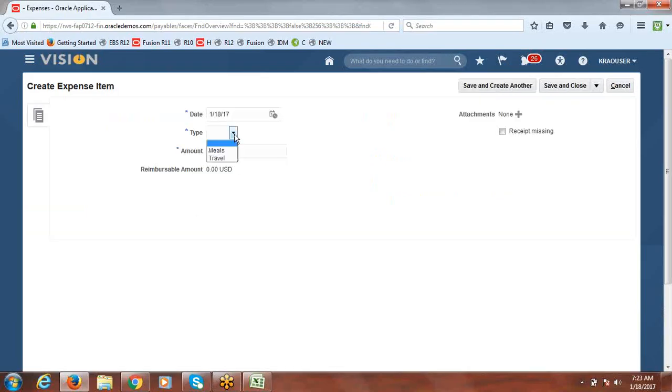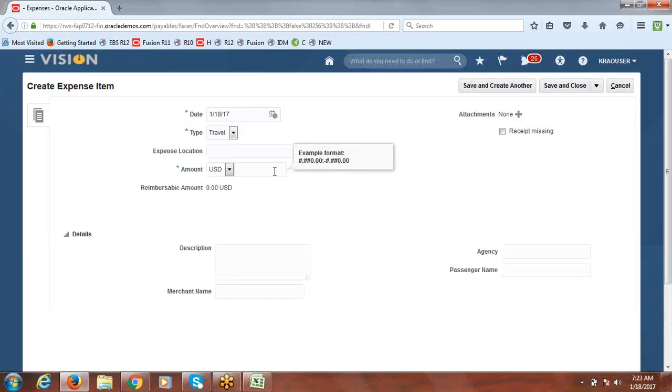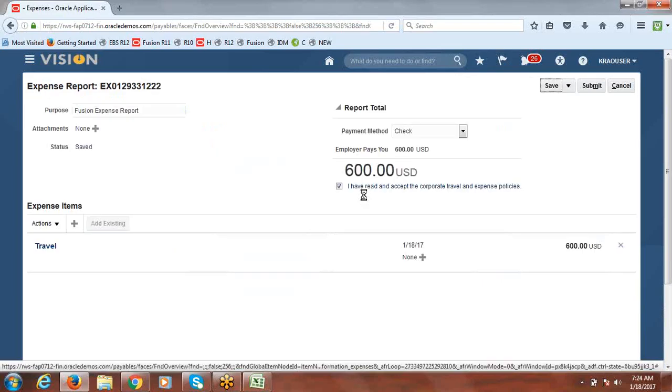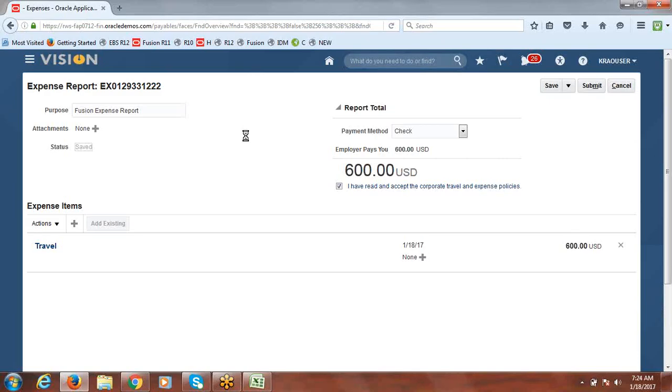And here also the template I created has only 2 items for testing. Okay, I'm selecting travel. I'll say $600. Say save and close. Now if you click on save, it will show which manager it is going to route to, meaning this employee's manager, KRAO's manager is KRAO 2. The same it will be showing. The same we can see whatever we configured yesterday from that setup also. The next step only was not working for us, right?